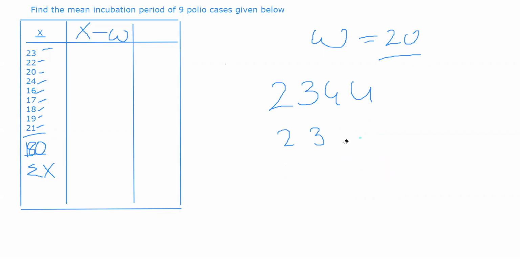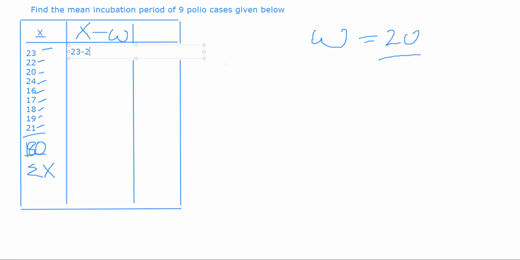Sometimes the questioner, the examiner will leave it up to you to assume a mean, in the sense that you look at the data and you assume an intermediate value or an average value, या फिर question में ही देता. In this case the questioner himself has given you, take the assumed mean as 20. So what you will do is, assumed mean method में, first of all you will take the difference between the number of observations that are given and the assumed mean.